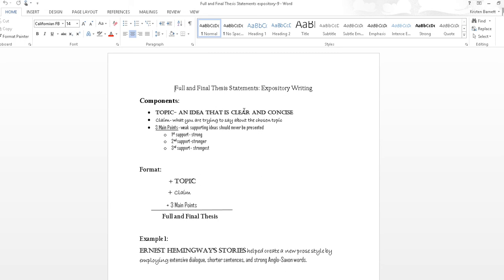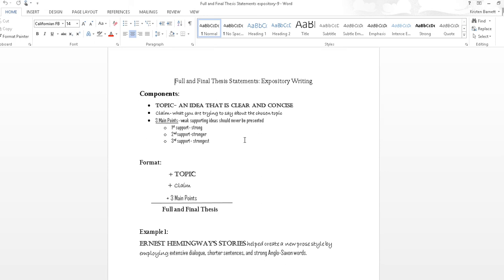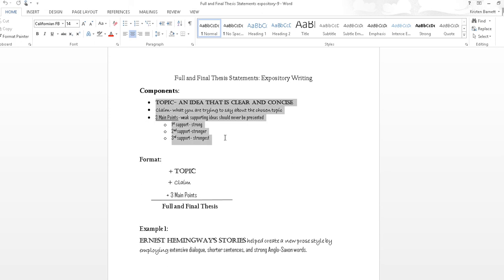In a more informative paper, such as the pledge or the expository essay, this is just the main topic and what you're saying about it. So there's 3 components to a full and final thesis. You have to have your topic, what the essay is about, what you're trying to say about the topic or your claim, and then your 3 main points, which is what you will be using to support your topic and